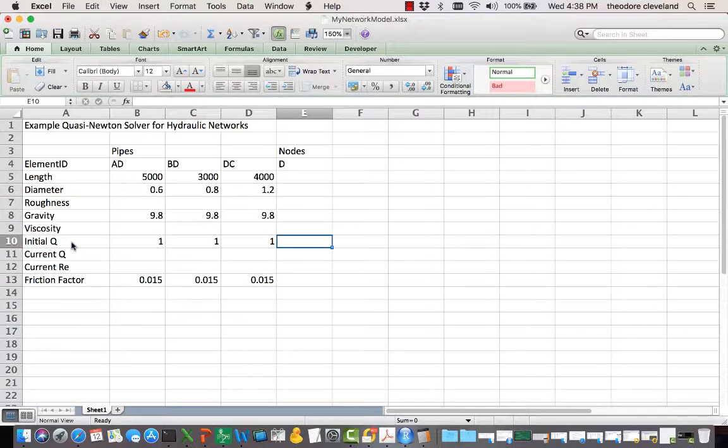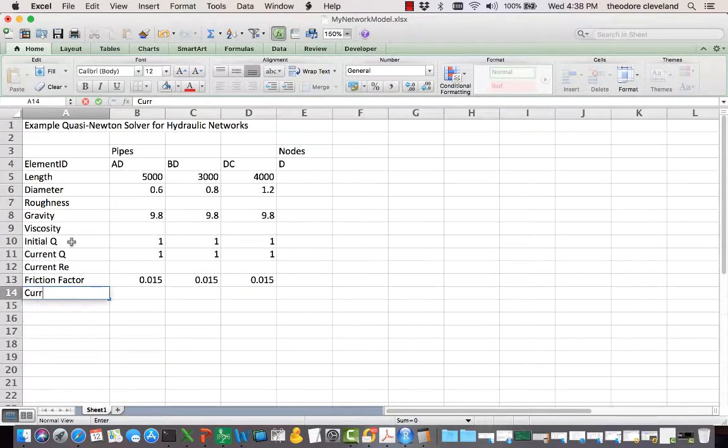We'll have an initial guess. I'm trying to remember what else I need. Okay, if I know the friction factor, I can get the current. I'll change the current Q later. Current L